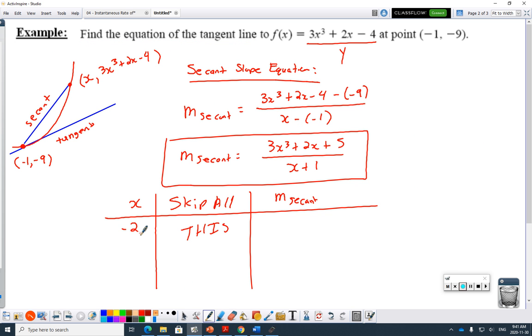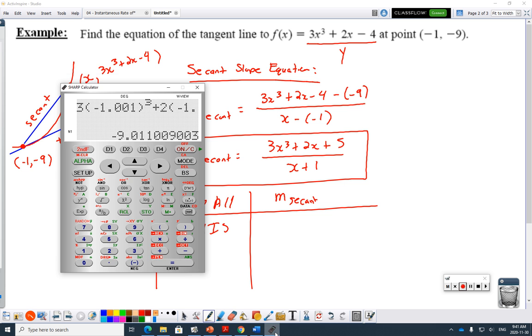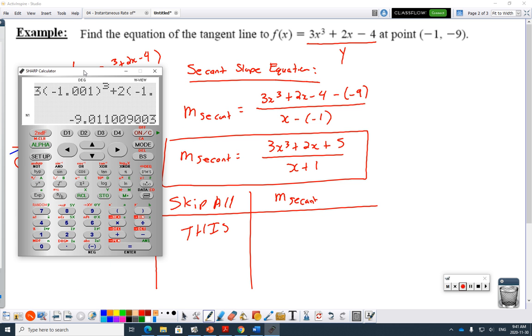I'm going to take negative 2 and sub it into this secant slope equation, okay? Now, incidentally, if you're not great with your calculator as far as typing these things in, we've got to talk about your calculator a little bit. It's not going to go away, whether it's math, physics, science, biology. When you go to type in fractions, rational expressions like this, you need one of two things. You've got to decide which one your calculator has. I've got a fraction button on my calculator that does something amazing. Check right now if your calculator does this. If you hit the fraction button,